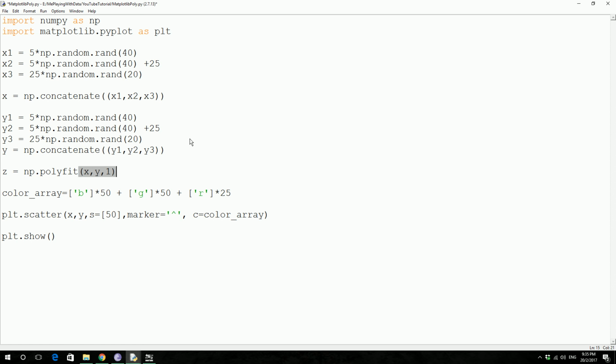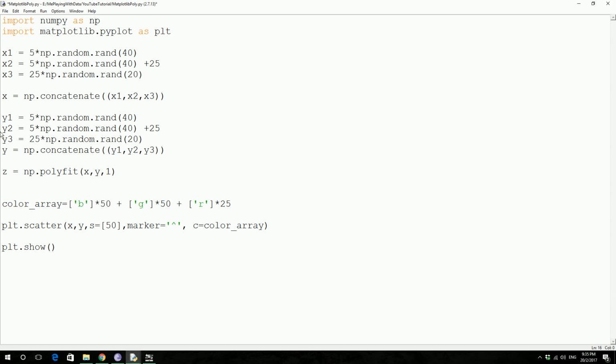Ax square plus bx plus c, I think that's actually second degree. Yeah. So we're just going to fit the x and y values according to a first degree polynomial, and then we're going to generate data points out of that first degree polynomial. So np dot